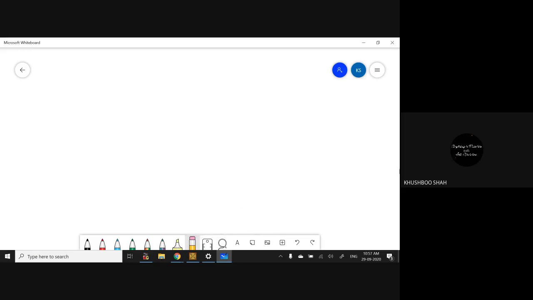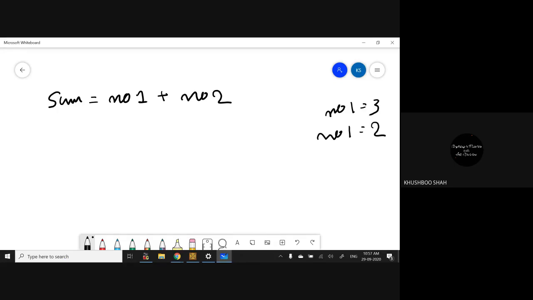When you say sum is equal to NO1 plus NO2, what it does is, suppose I have NO1 is equal to 3 and NO2 is equal to 2. In that case, 3 plus 2 means 5, and it will store this 5 into sum. Why? Because here we have this operator, and this operator is my assignment operator.